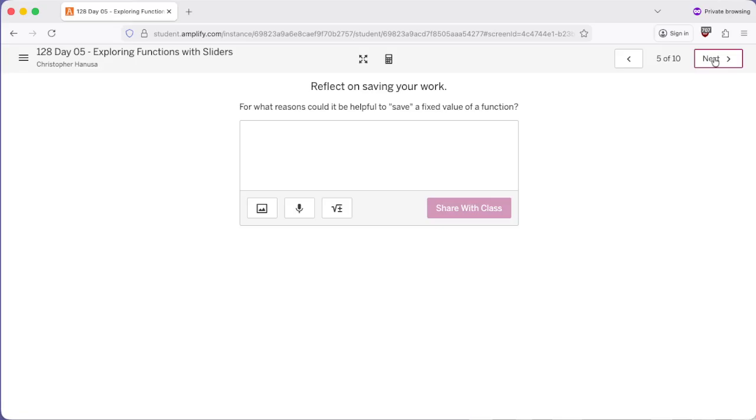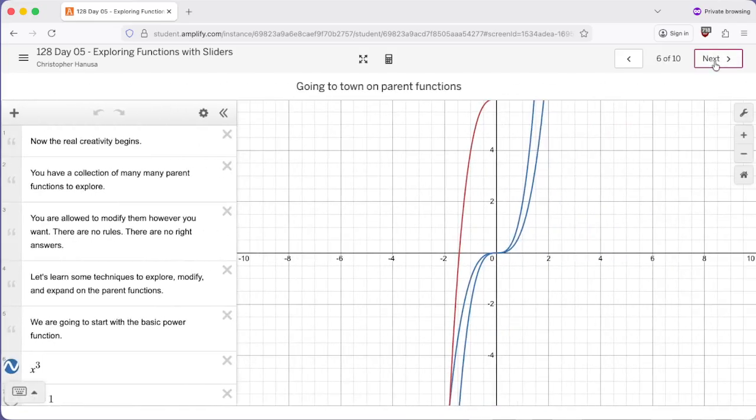Okay, so reflect on this. Why should you save your work? All right, so